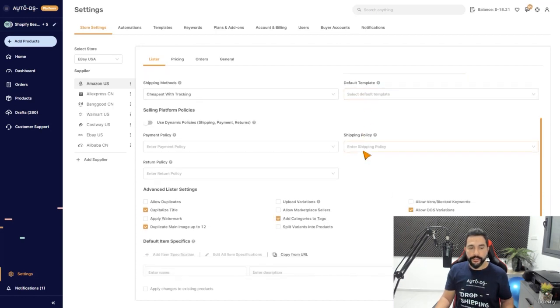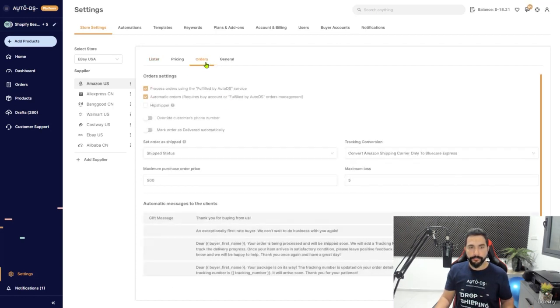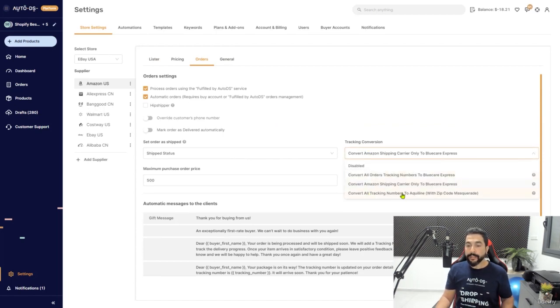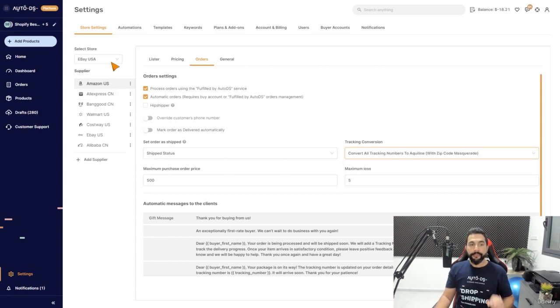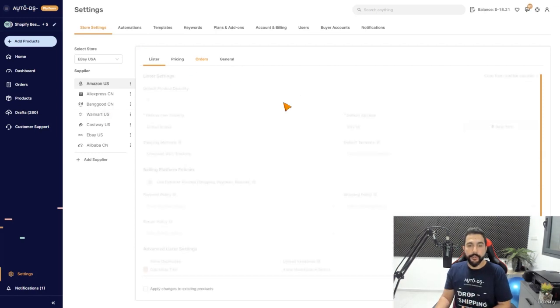And then what you want to do is click here on orders, and the tracking conversion, you want to click on convert all tracking numbers to Aqualine with zip code masquerade. What this will do is every time you get a tracking, and AutoDS automatically updates your tracking information, it'll update it automatically to Aqualine tracking using the zip code provided here. So eBay will see that the tracking number is actually coming out from the zip code that you have in your default zip code, and then they'll see that you're not breaching their item location policy and they won't flag